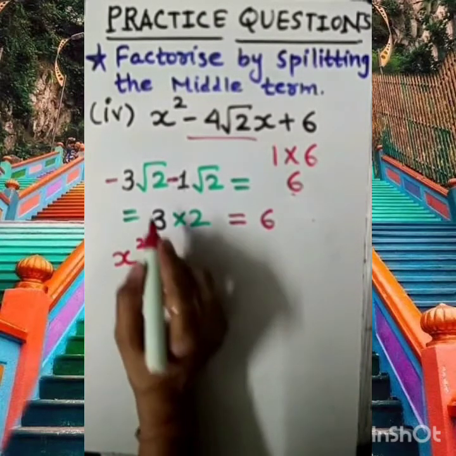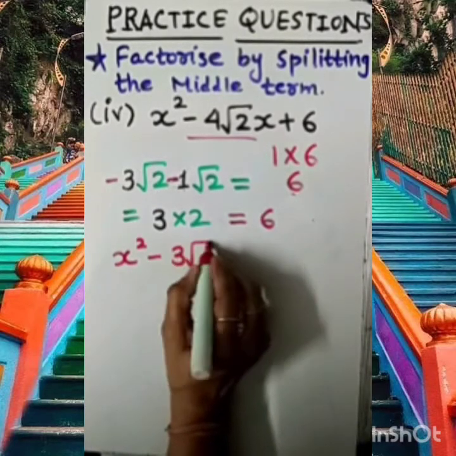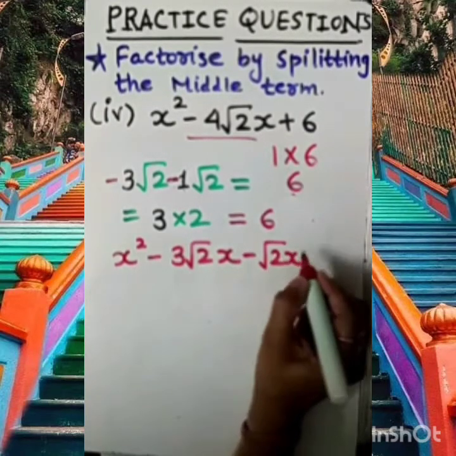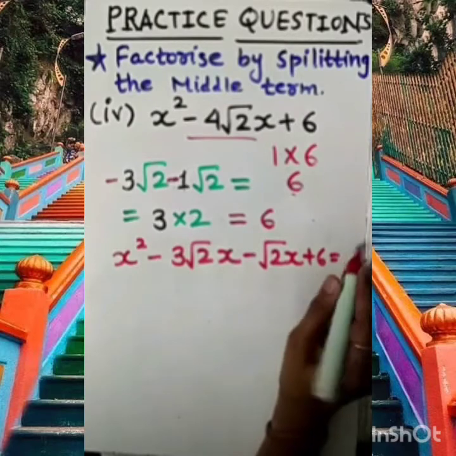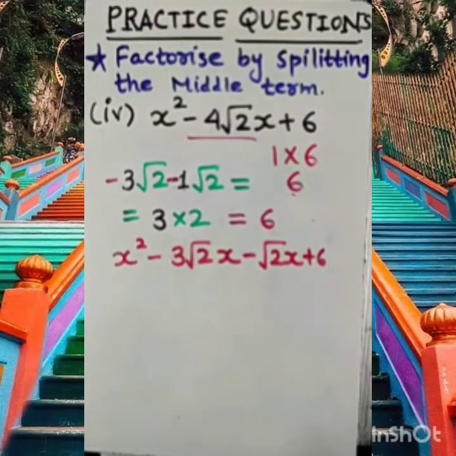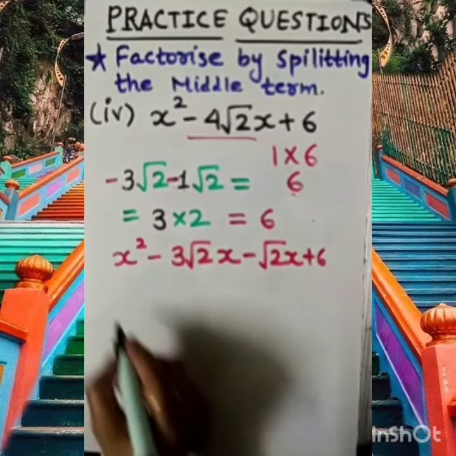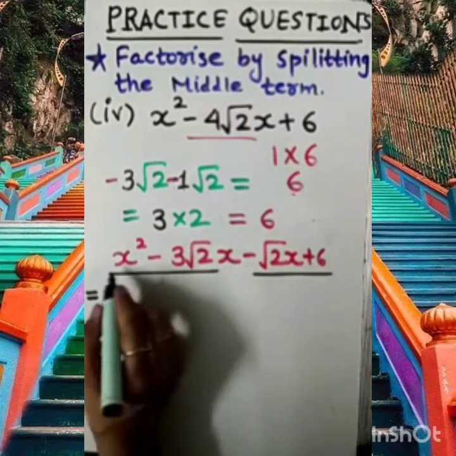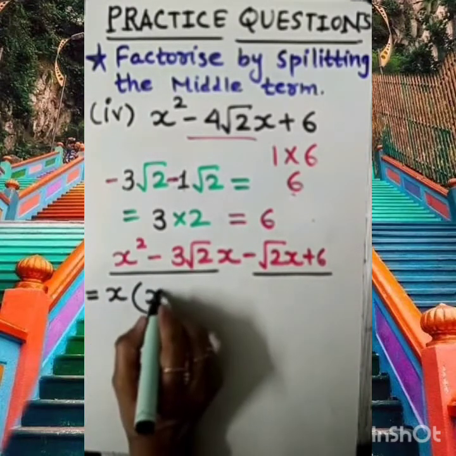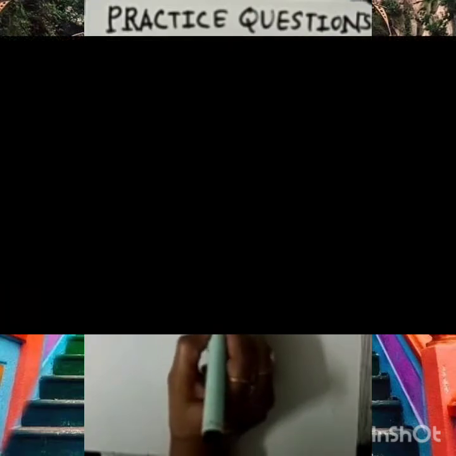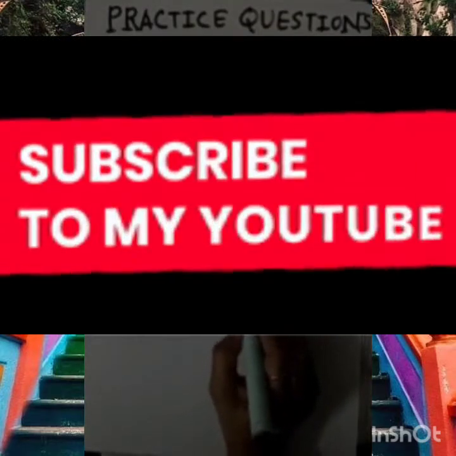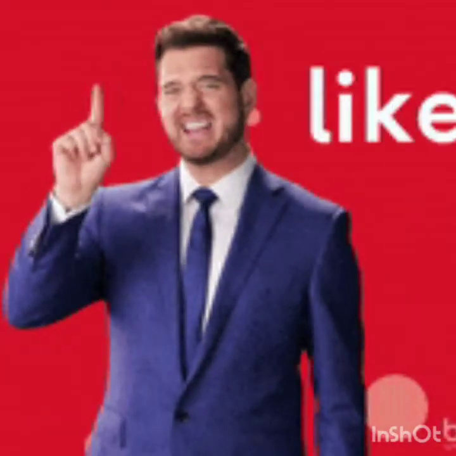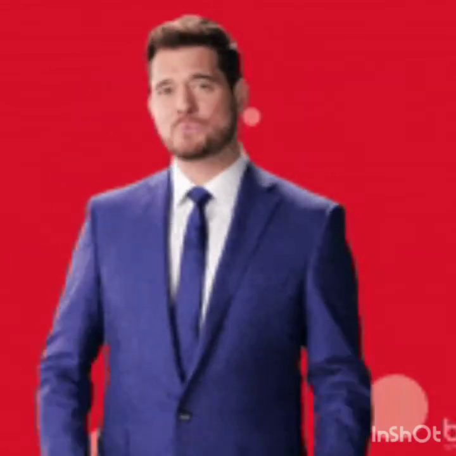So dear student, let's have the factors. x square, minus, the middle term we need to write as minus 3 root 2 x minus root 2 x, plus 6. Okay, so let's make up here. How to take out common here? This way we can take out. Now something should be common from this. Of course it is x. So what is left? x minus 3 root 2 is left. From this nothing is common, you can see. Okay, but in such a case I am taking root 2 common. So my dear student, what is left here?